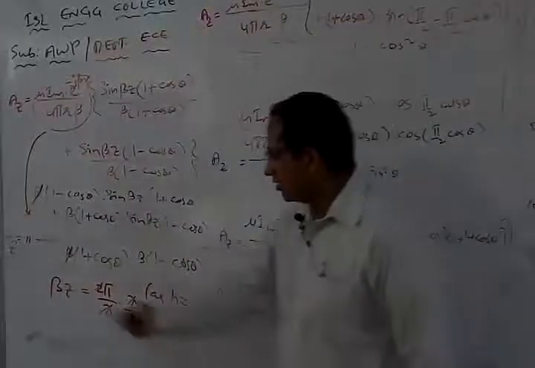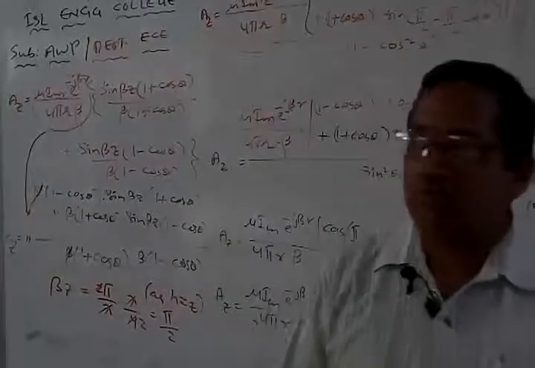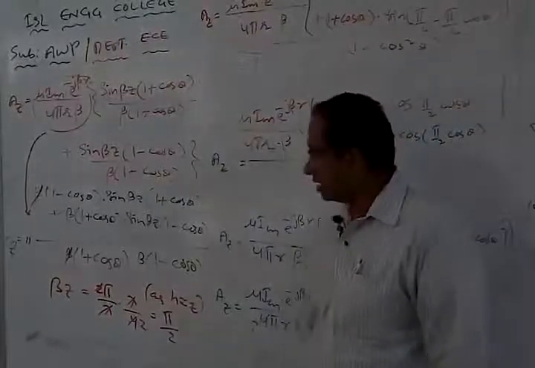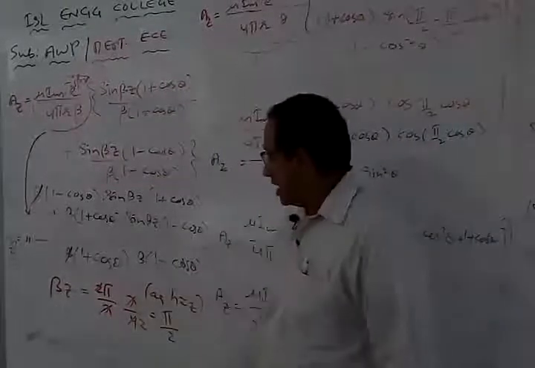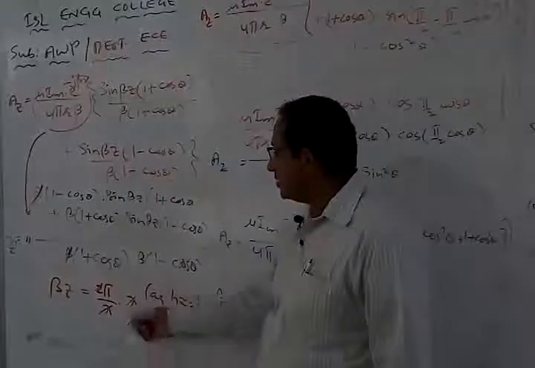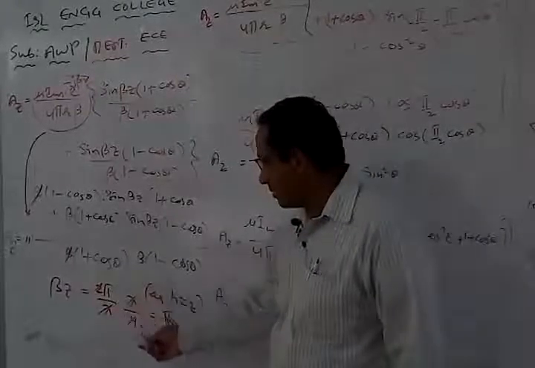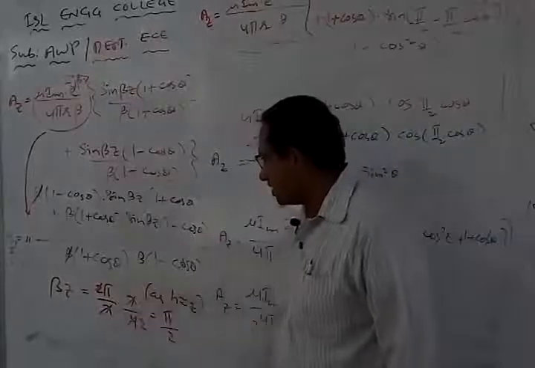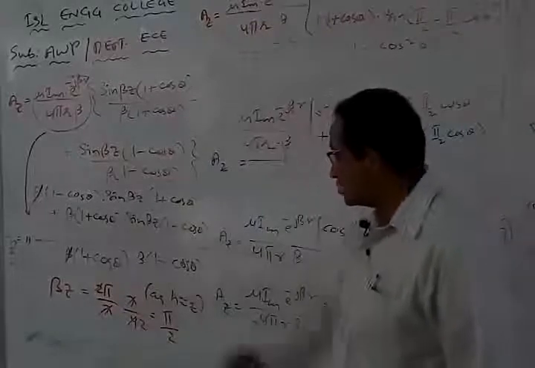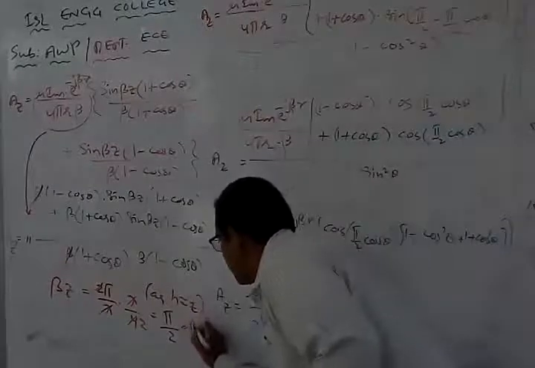So now we can write beta z is equal to, what is the beta expression? Basically beta is known as the propagation constant, which can be written as 2 pi by lambda. From the transmission line theory we can write beta is equal to 2 pi by lambda, and z is nothing but the height of the antenna, h. So already we have defined previously h is equal to lambda by 4. Therefore we simply multiply 2 pi by lambda into lambda by 4. Lambda gets cancelled here. 2 and 4 go, 2 times. So we get pi by 2. So beta z is equal to pi by 2.